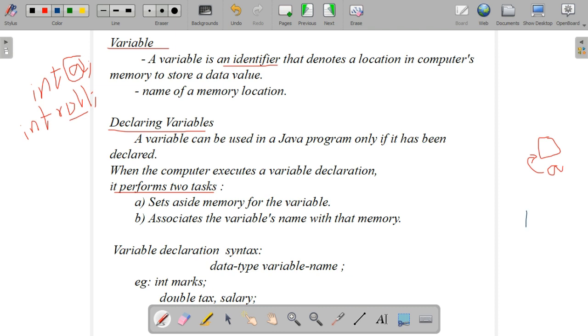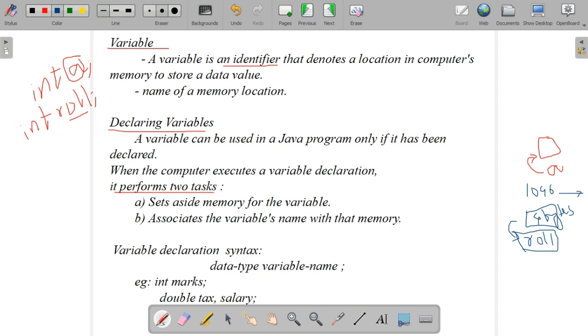The second case, int roll. First, it will occupy some memory based on the data type. What is the data type here? Integer. How many bytes does an integer occupy? 4 bytes. So 4 bytes of memory are occupied first. The second task, it gives that 4 bytes of memory the name roll. So a variable is the name of a memory location.